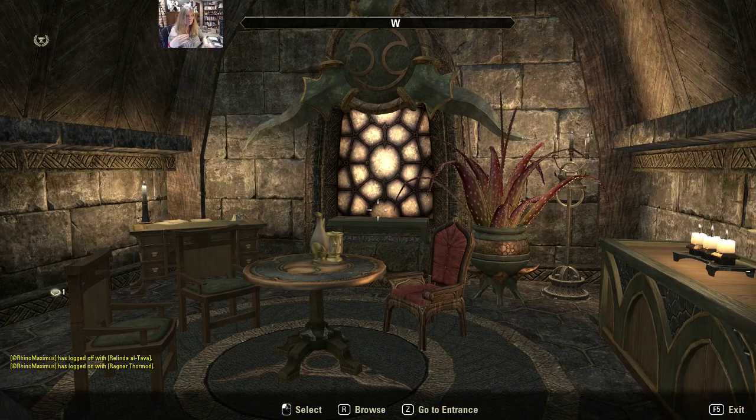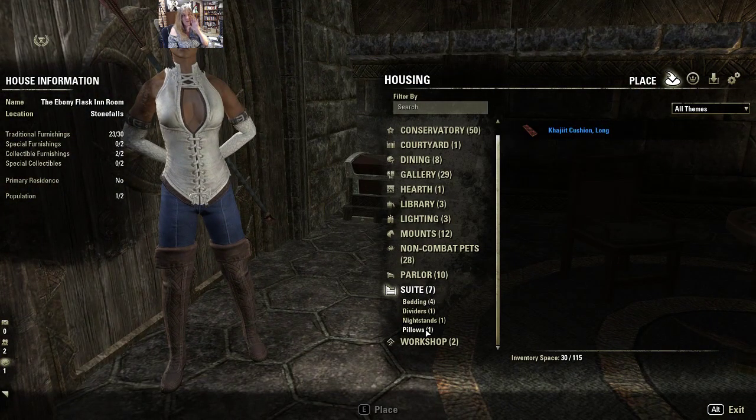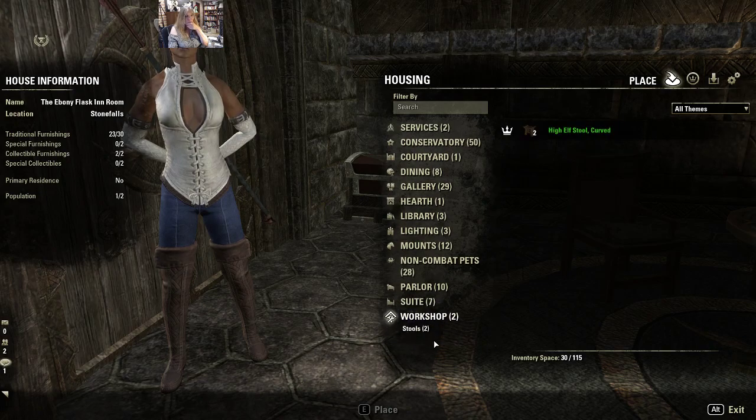And if it's just for a little private meeting somewhere that you don't want other people to know about, it could be fine. And what do we have in there? Nothing fancy. Now, one thing you can do,